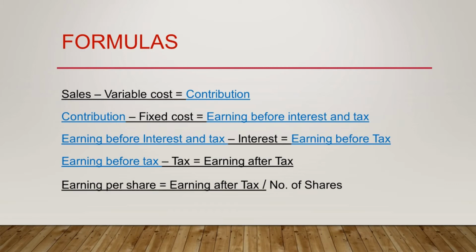And then we can calculate the earning per share, which is the earning after tax divided by the number of shares issued. So what we are doing is deducting both the costs, that is variable cost and fixed cost, from our sales, which is the source of our revenue, to arrive at profit. And then we deduct our fixed financial cost, that is interest, and we arrive at EBT. After that we pay all the taxes and arrive at our net profit. Out of that net profit, what we are giving to our shareholders is earning per share.